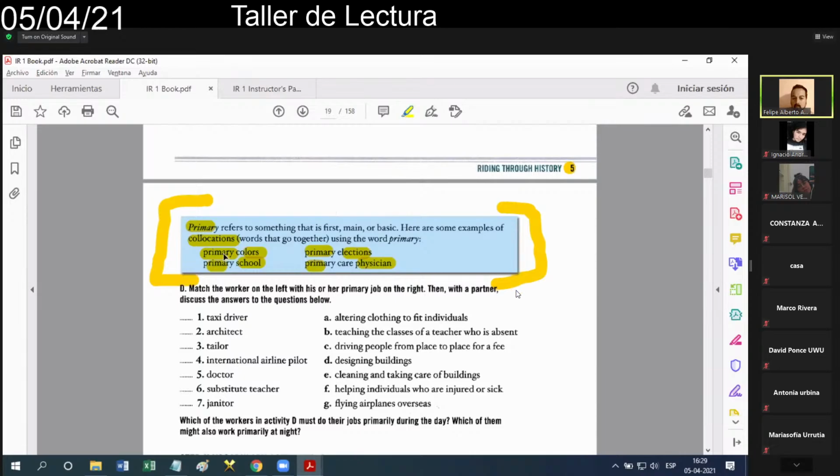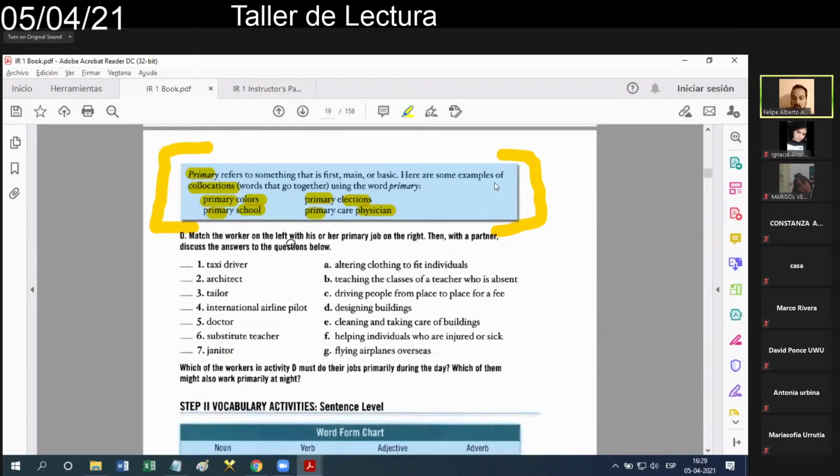You can never say primary talk. Talk is a verb, so you can never do that. Or primary run. Run is a verb, you cannot do that because the tandem says adjective, noun. That's the thing. Like red flower, red car. Red is an adjective. Red car, red house, red wall, red bottle, red ball, and so on and so forth. Remember that. Let's continue.